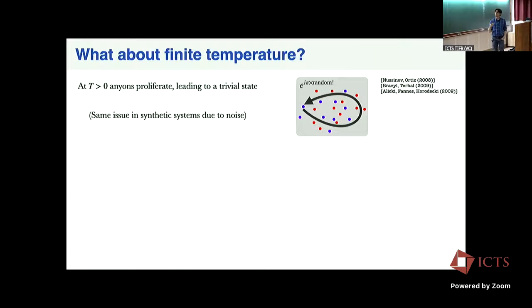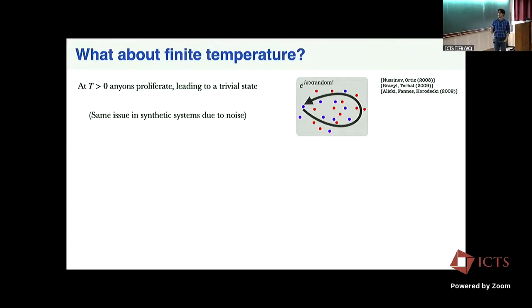You can think of this as similar to why there is no spontaneous symmetry breaking in one dimension. If you think about the one-dimensional Ising model, domain walls are point-like excitations, and they also proliferate immediately at any finite temperature. The reason is the usual energy-entropy argument. There's an order 1 energy cost of creating an excitation, but you can put it anywhere in the system. So there's a logarithmic in system size entropy gain, and entropy always wins over energy. That's why these things proliferate immediately.